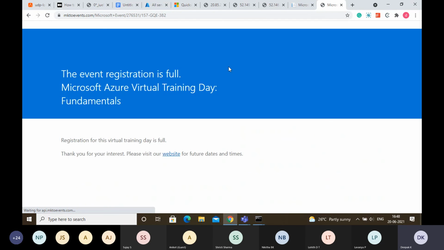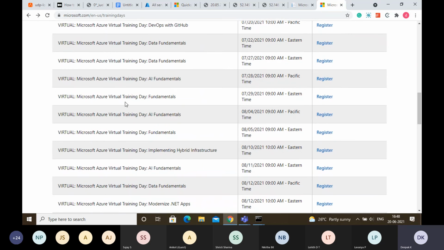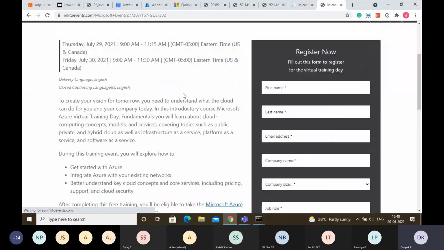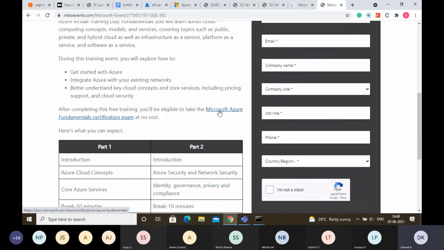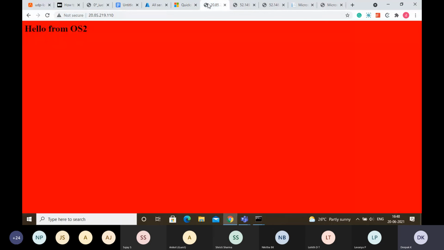And if you want to explore DevOps, GitHub, okay, look, the demand is very high. Even next month has been booked already. You can go and explore. There are lots. Look here again. It's on 29th July, Eastern time. It's available. You can see the voucher is here. You have 2 days. You have to attend both the days. Coming back,